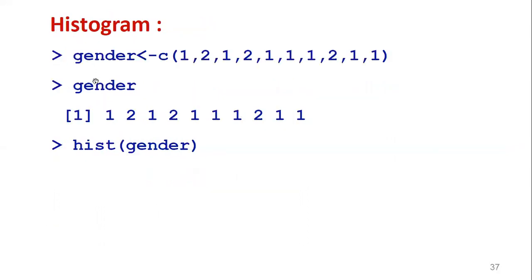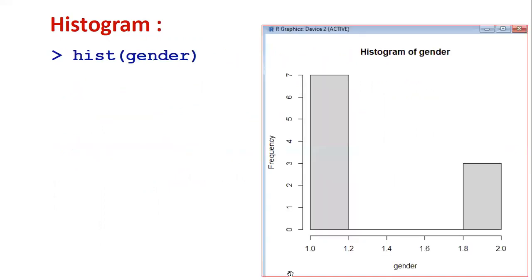Now call the gender data as usual. Then use hist of gender with default values, without absolute or relative frequency. Now you can see the histogram. The x-axis takes gender, the y-axis takes the frequency. For gender, we have categories 1 and 2. Based on that, one category repeats 7 times, the second category repeats 3 times. In between the range, it automatically distributes.